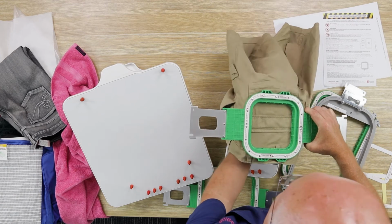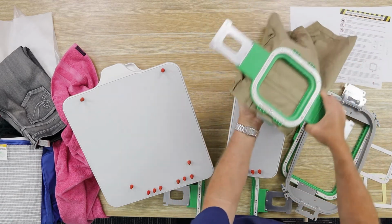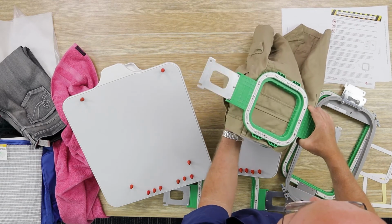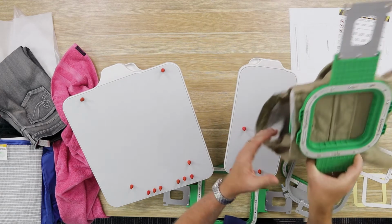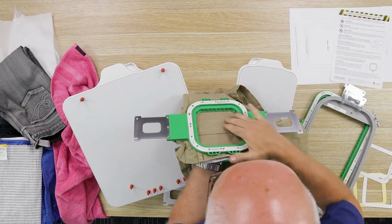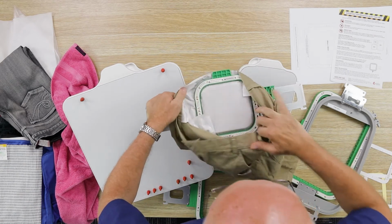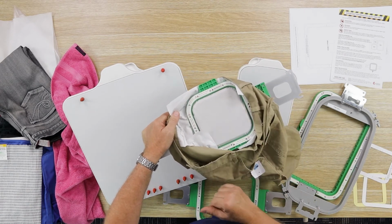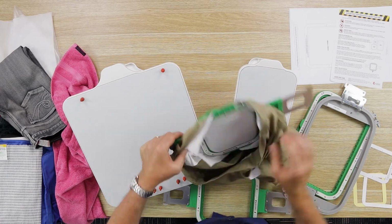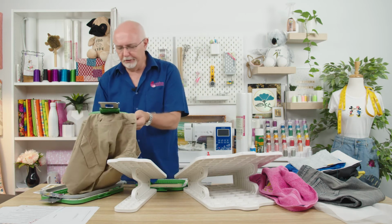So if we just take this off now, just do our little magnet check, take our magnets away. There they are. There's one more sitting up there. Where's he gone? There he is, found him. But if I take that away now, you can see that's hooped up beautifully, absolutely superbly. Have a look at the back, look at the stabilizer. It is perfectly taut and tensioned, and it doesn't get any easier than that